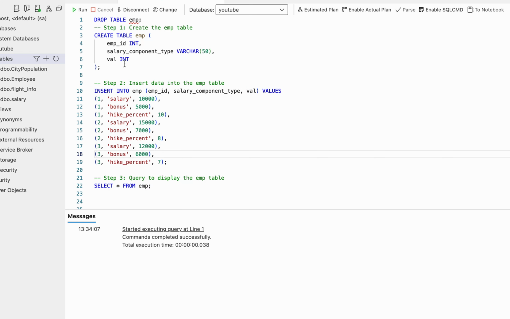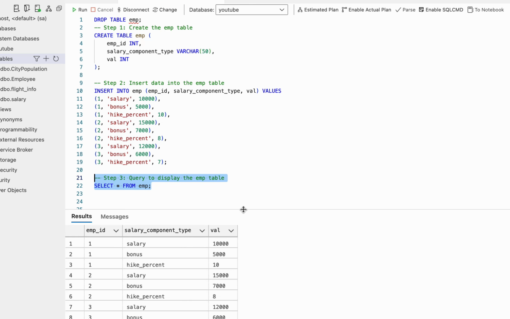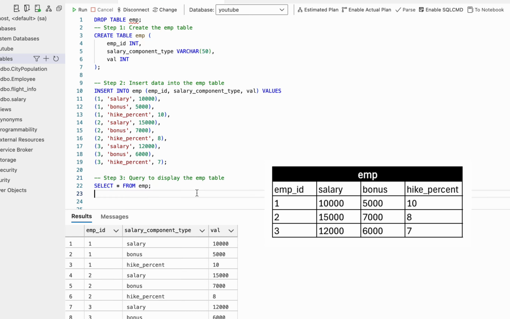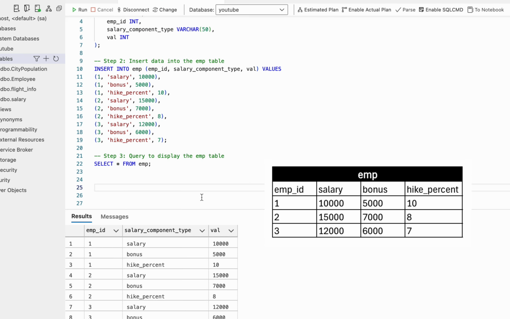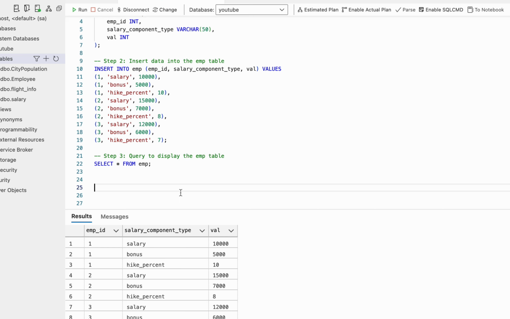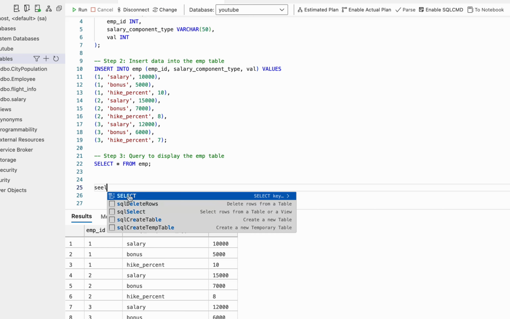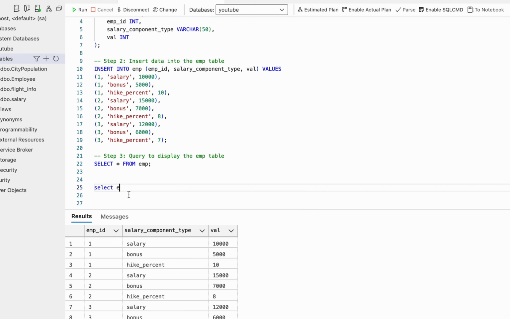So let's create the table first and insert these values, and now let's try to print this. So now you can see we have an EMP table, and we want to convert this table to this form, and we can do this with a case statement. So select EMP ID, case when